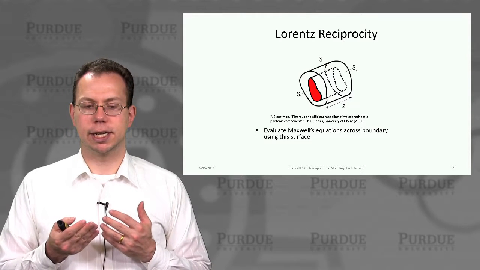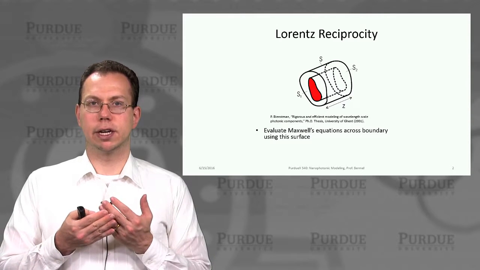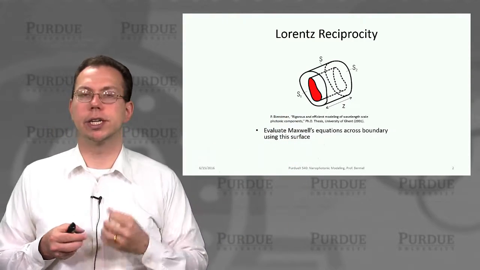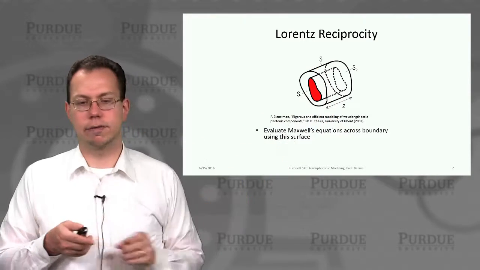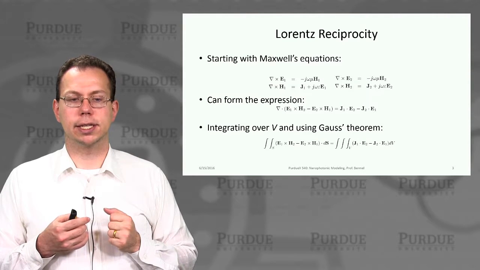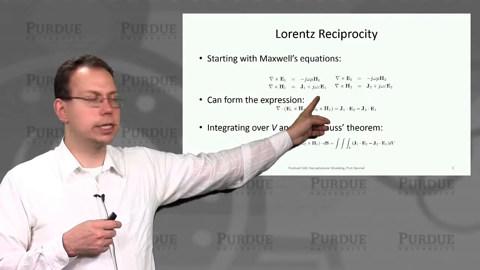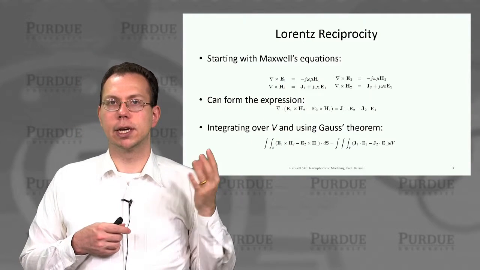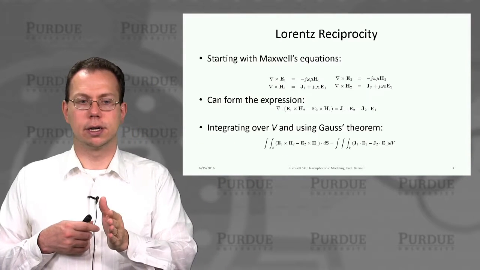called Lorentz reciprocity. In Lorentz reciprocity, basically you would create some sort of arbitrary cylinder, which would look like this, and then you would evaluate Maxwell's equations across this boundary, presuming that the boundary is in the middle right here of this cylinder, and make sure that they're satisfied so you can always be consistent with Maxwell's equations. Of course, this is just a way of rewriting Maxwell's equations, but you can see that we've now split up the E field into two different components, the E field on the one side of the boundary in layer 1, and then on the other in layer 2.